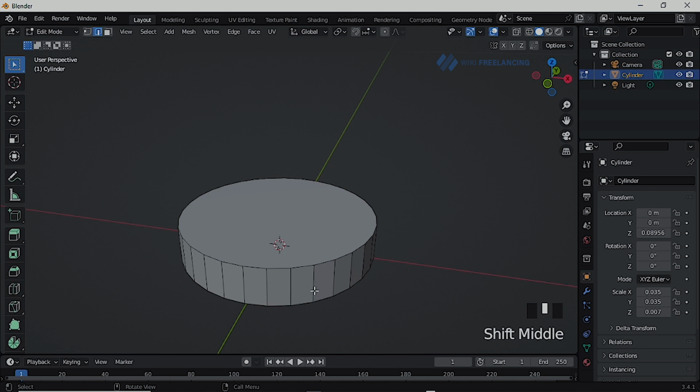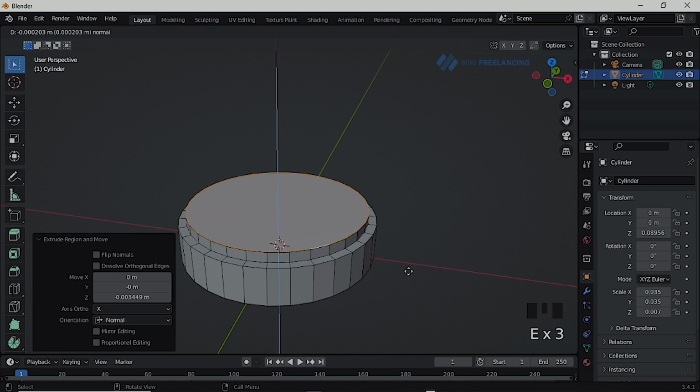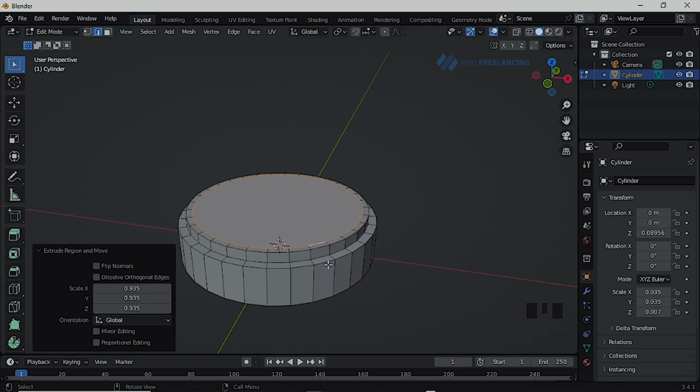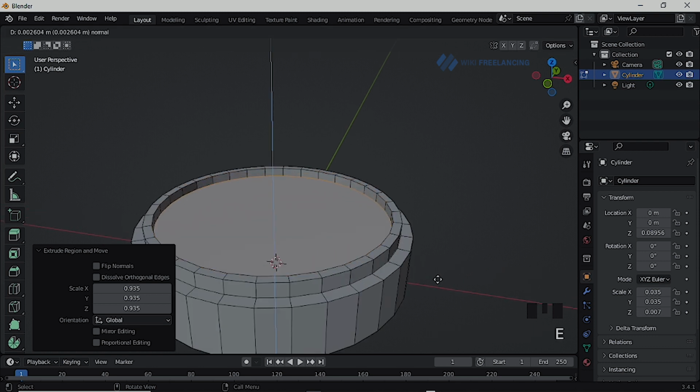Let's add a little bit of design here. So now select all these edges, E to extrude and S to scale. Then we extrude again in this direction. We can also extrude and get this down to this end. So this is perfect. Okay, let's extrude again